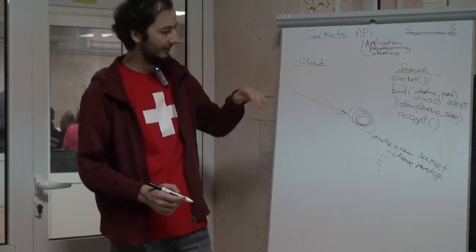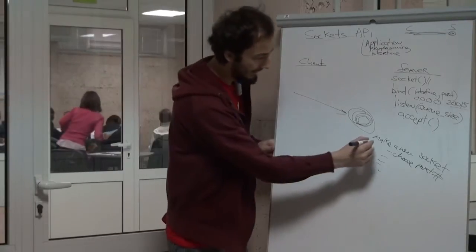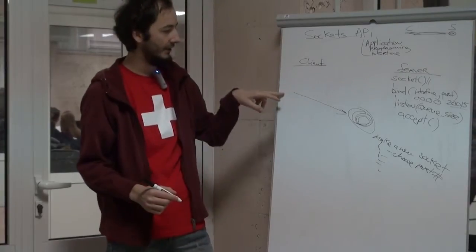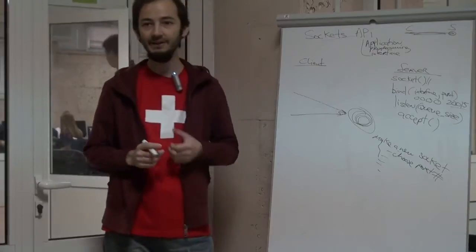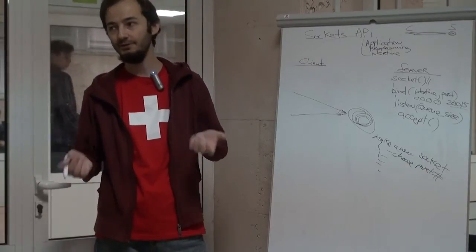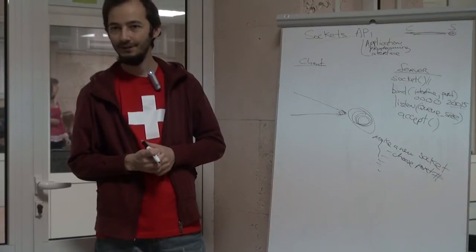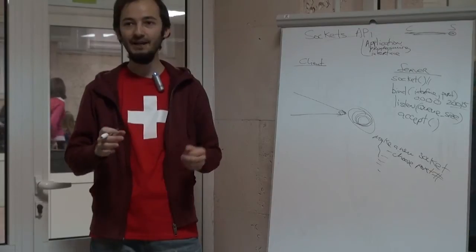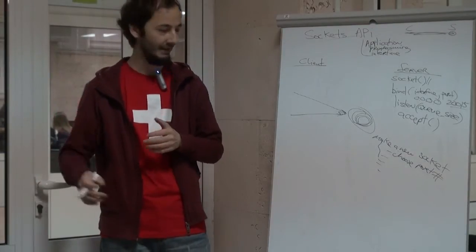So imagine that while one client is connecting and the server is going through all these steps in the sequence to actually accept the connection, another client wants to connect too. What is going to happen? Allocate a new socket. Well, the same thing is going to happen, but it's not going to happen in parallel. It happens one step at a time.